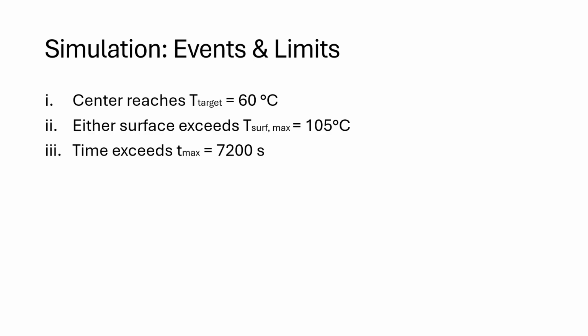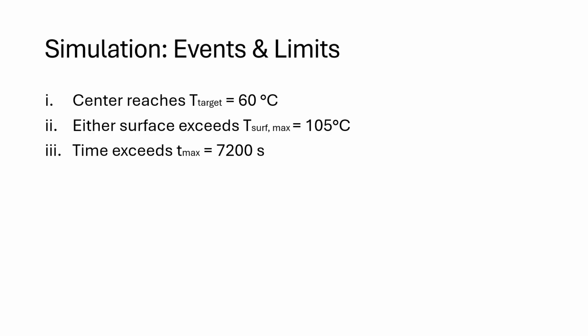The second stopping criteria would be if either surface exceeds a maximum temperature of 105 degrees Celsius, which protects the concrete from thermal spalling before the heat reaches the core. Lastly, the third condition is if the time exceeds 2 hours, which is a standard production window to ensure process